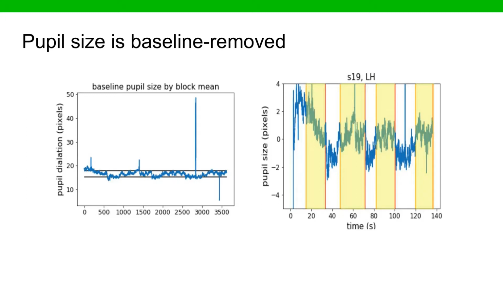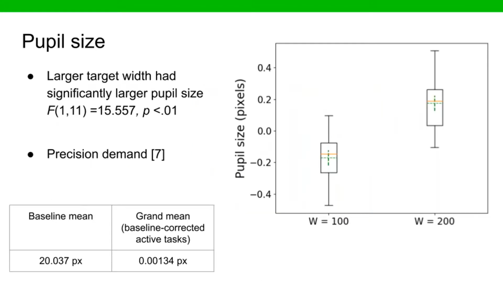The grand mean of the baseline was 20 pixels. We find that the smaller the target width, the smaller the pupil size. It's not what we might have expected from the demand caused by motor task complexity and movement planning. Since we used approximately equiluminant targets and background to avoid the pupillary light reflex, this may suggest that the increased demand for precision caused by the smaller target width is the stronger effect, in line with the findings reported by